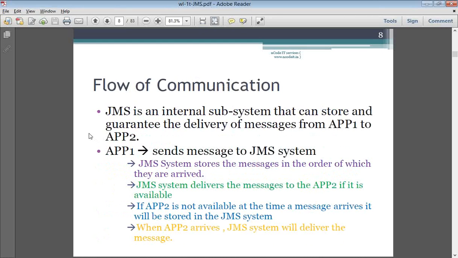Now the JMS system is the one that stores the message. Once the SMS sending application becomes available, it will pick up the message from the JMS system and send it to your mobile number. So if you see a flow, a typical flow,